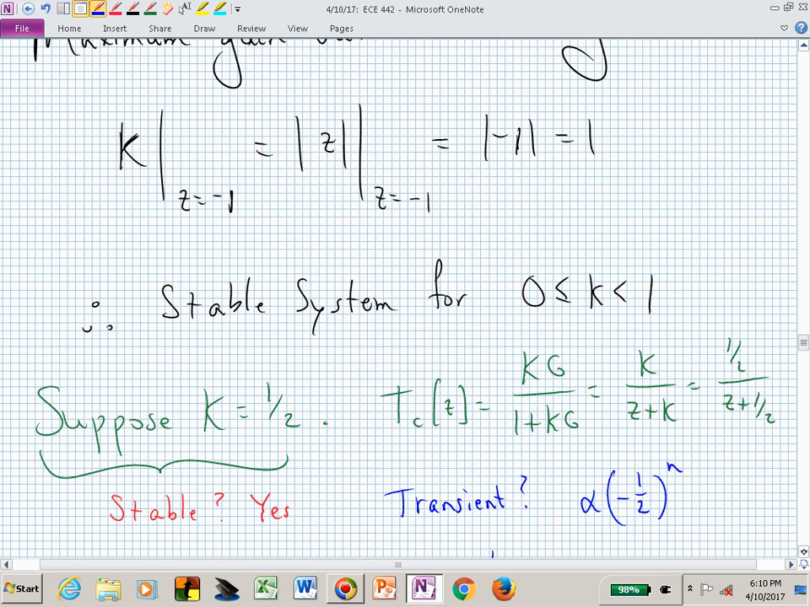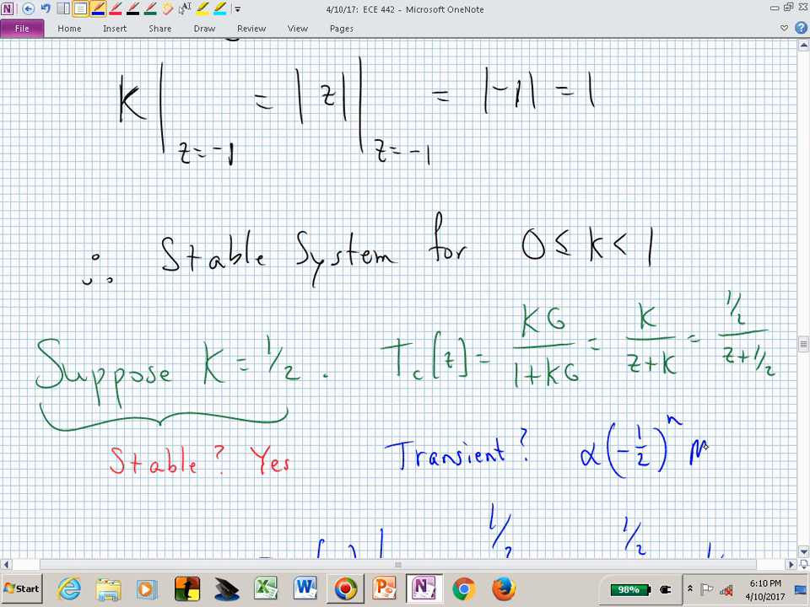So the transient may be ugly. Yes. Right. So now